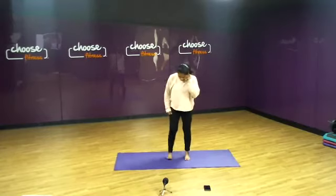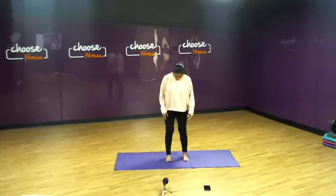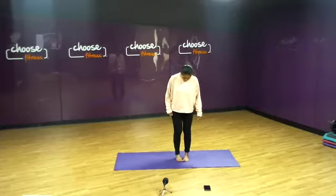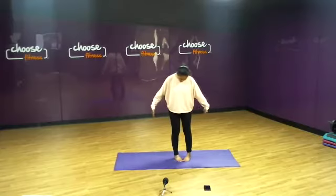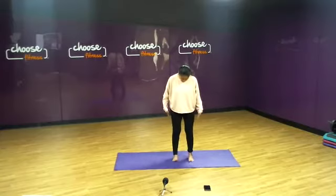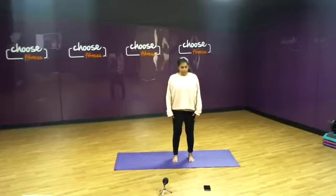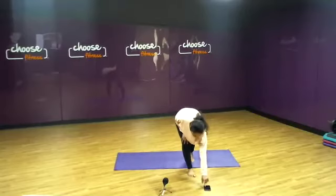Okay, right. So let's come to standing, and you want to have your feet about hip width distance apart, so you can bring your big toes together and your heels out, and then adjust your feet so that they're straight, and that should give you hip width distance apart. So relaxing your arms by your side